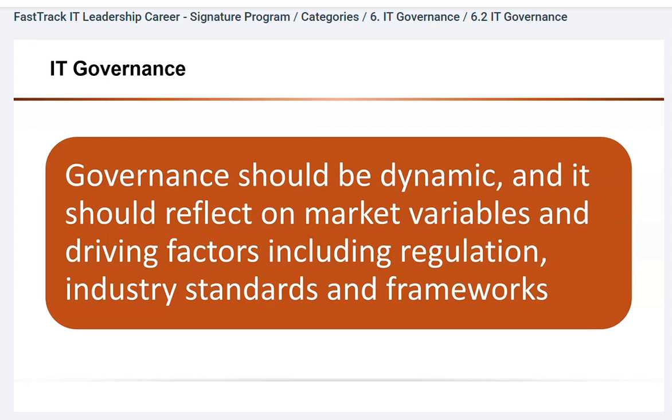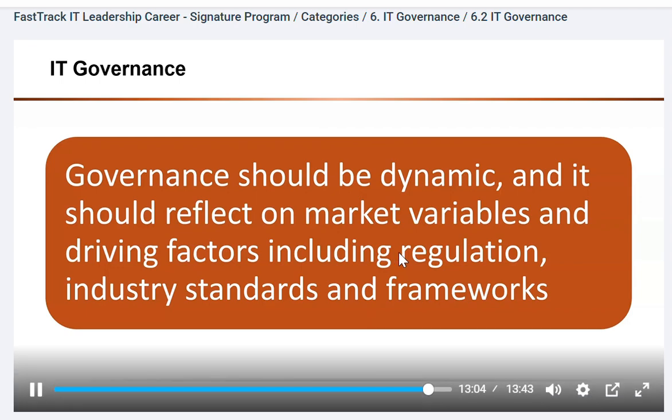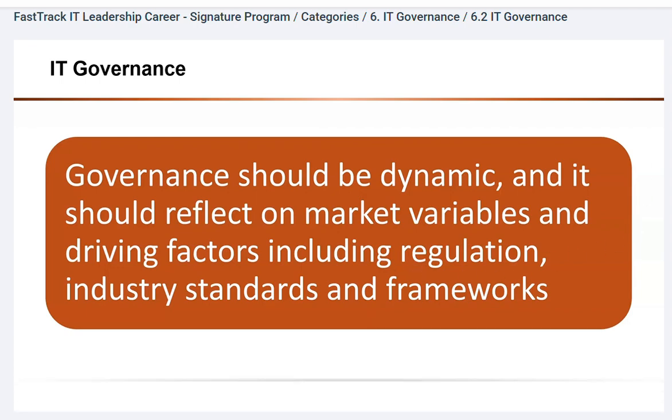So they understood the need of market influence. To attract young talent, they had to adjust their policy. So they said, okay, let's allow people to access Facebook or Instagram in the workspace. So at one point of time it was seen as a taboo, prohibited. Later they changed it. So it gives an example that governance can be changeable to accommodate the needs of the trend or the market needs or business needs.